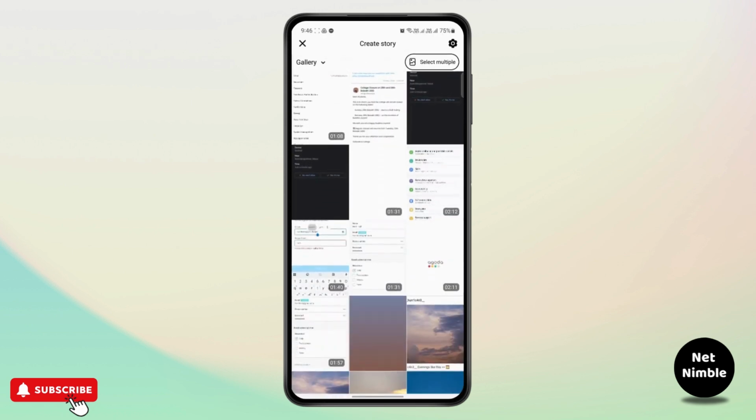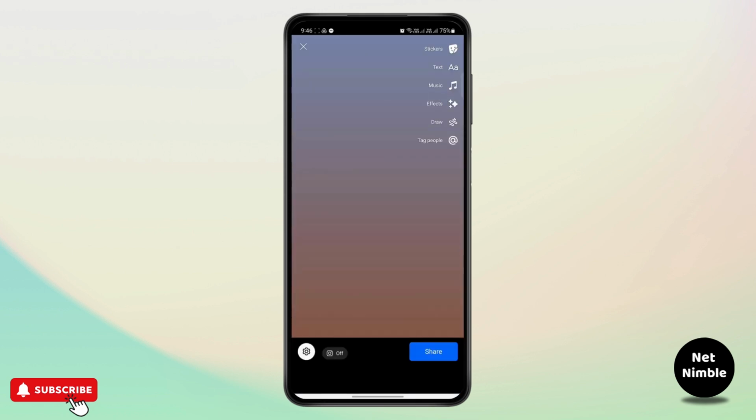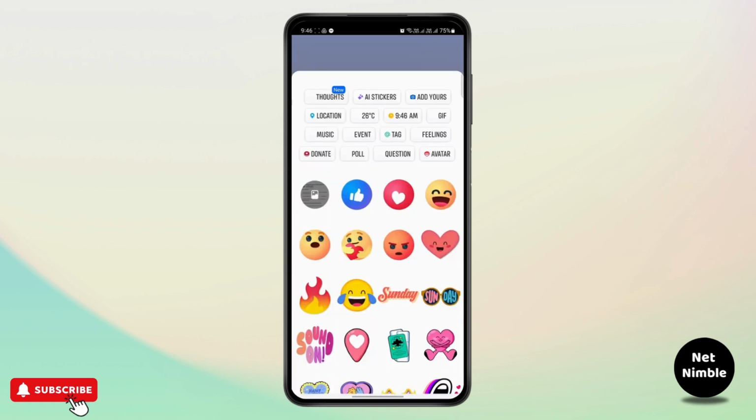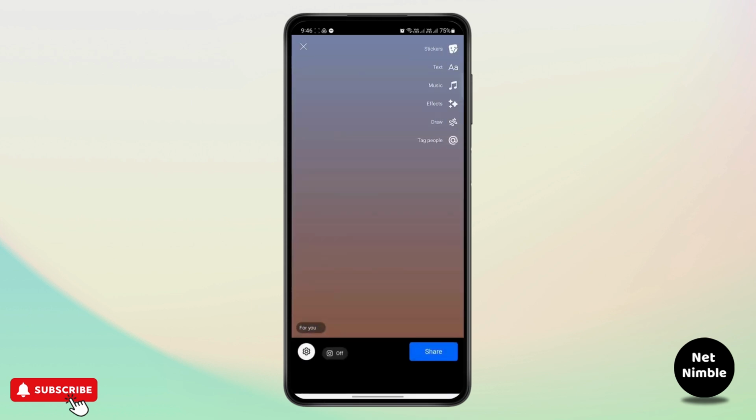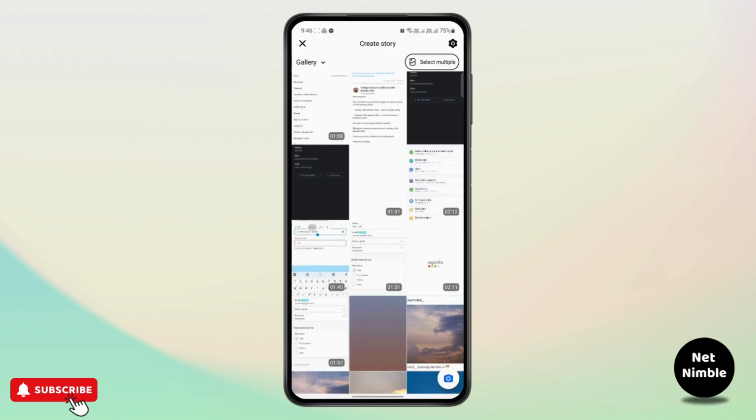So what usually happens is if you select just one image like this, it would only create a one photo and you won't be able to do anything else. But if you head over to stickers, you might be able to add photo from here. But if you're not able to do that, then what you're going to have to do is click on select